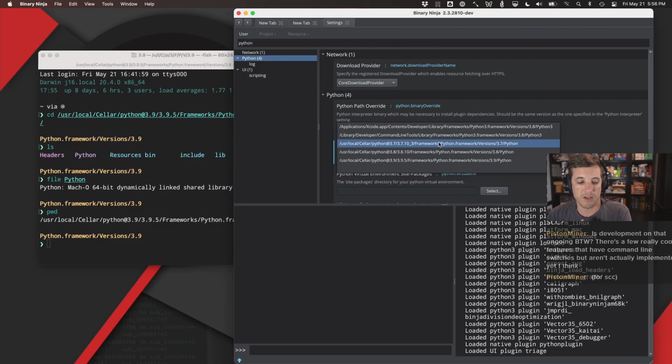No, SCC is not under active development. Honestly, it's a really cool capability. It has some neat stuff, but we don't really market it at all. I don't think that's why most people buy Binary Ninja, and so there's some question as to the commercial utility of it right now. So it doesn't get a lot of love. If we get a lot of people asking for specific things, maybe we'll do some more with it, or if one of our folks internally gets interested in it. But it's just hard to justify too much time into it when the main features that people are buying the product for are mostly probably focused elsewhere. But feel free to upvote the SCC stuff.